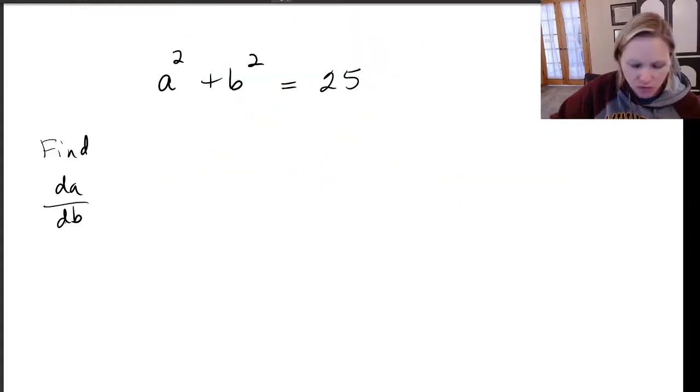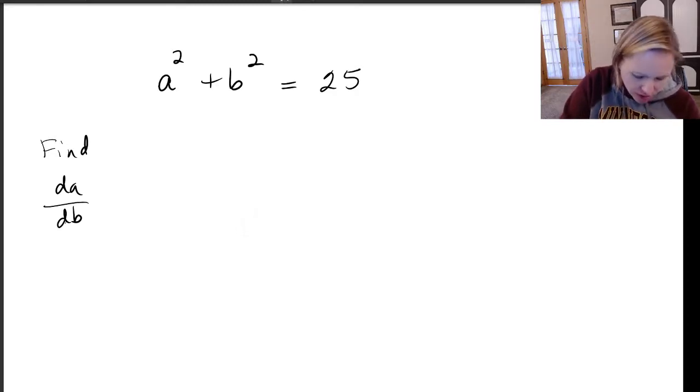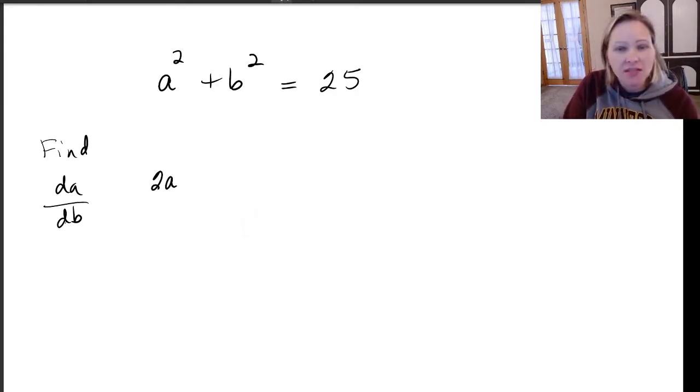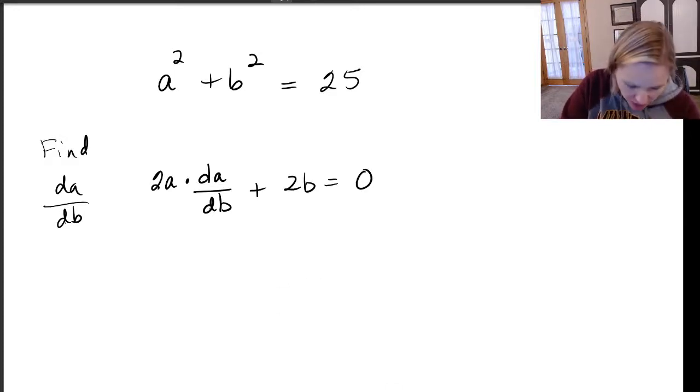Let's see what other examples we can do to practice here so we can become really good at this. Now I promised one more example where we don't use x and y, just so we can really understand this whole idea of differentiating with respect to something. So if I wanted to find dA dB for this function, it might look something like this. I do 2a, and since a is not that bottom value, I'd have to multiply by dA dB. But then I'd have 2b equals 0. Now when I solve for dA dB,